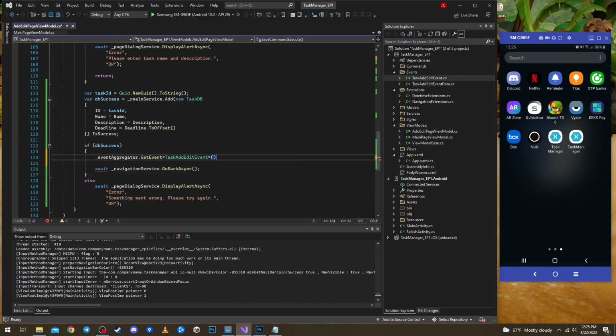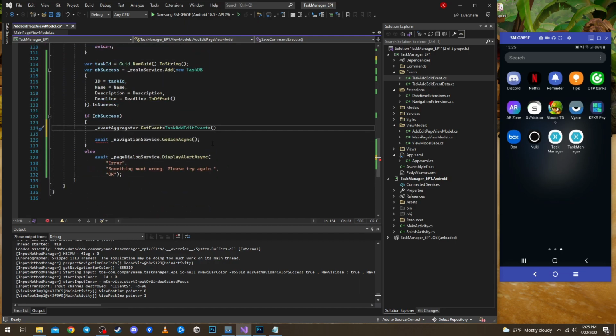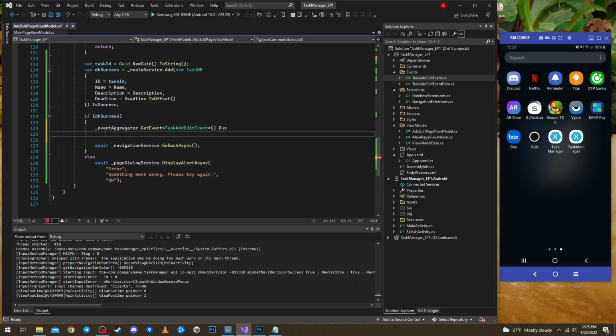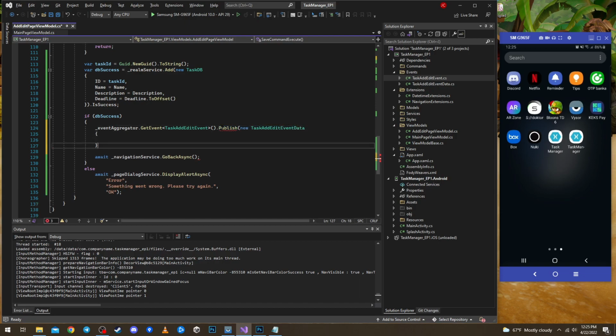We include it in our spaces. Okay, and then we publish the data with it. The data is task ID, which is our task ID that we added to the database, and